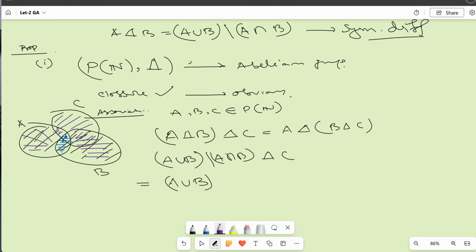So we are left with this area and this area, right? And similarly for A,